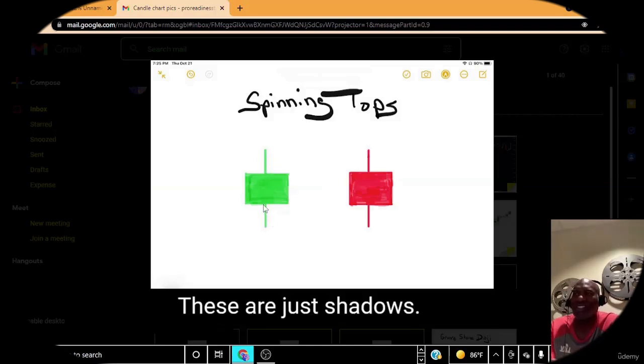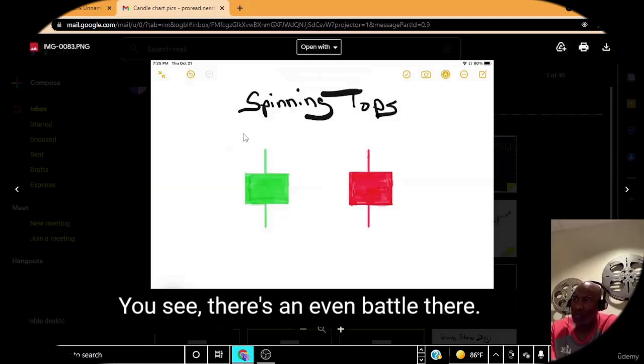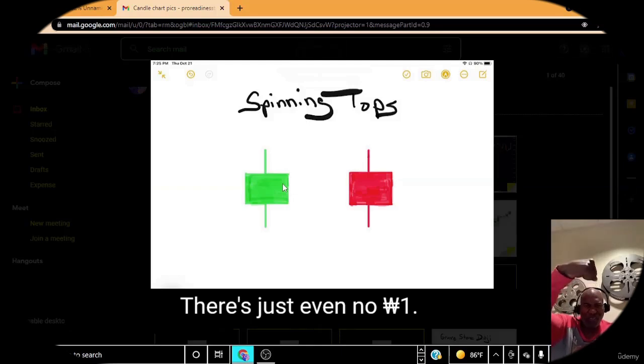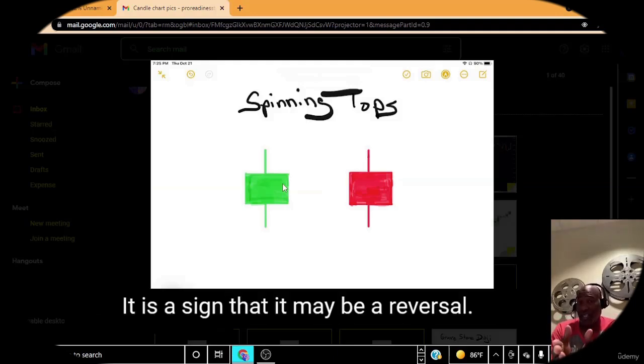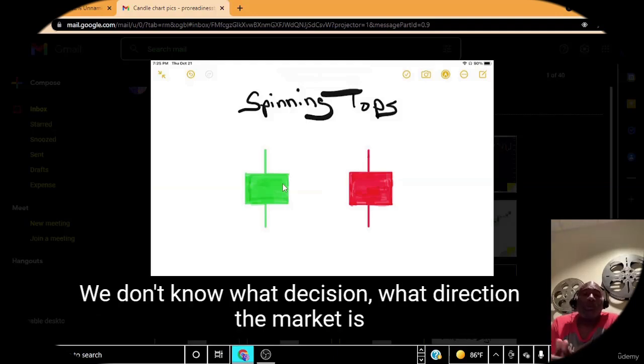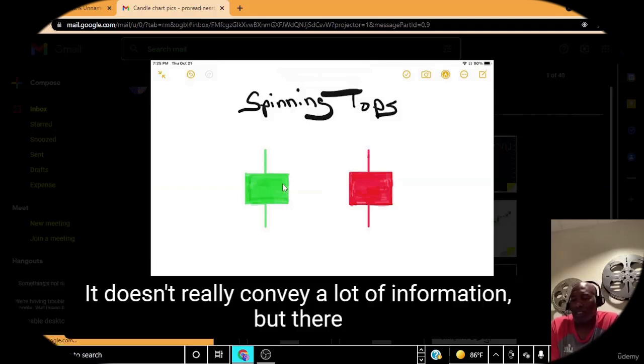Just understand these are just shadows, and you can see what pulls it up and what pulls it down. You can see there's an even battle there. They're just battling, but they're even. No one won, no one made any money. There's nothing to see there. It is a sign that it may be a reversal. We don't know what direction the market is going to go in. It doesn't really convey a lot of information,